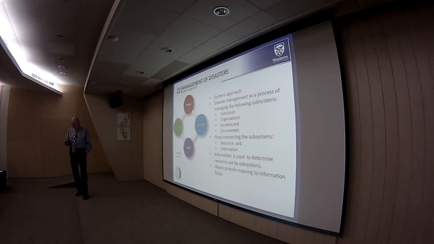So the first message of the work that I'm doing, and especially the kind of approach that I'm trying to develop, is that in looking at disasters, and especially management of natural disasters, we have to change the view. And this particular view, I think, can benefit from the systems analysis, systems approach, and systems thinking. But we also have to look at disasters as a very specific type of system. And I'm saying that the appropriate way of looking at it will be to consider this as a social system.